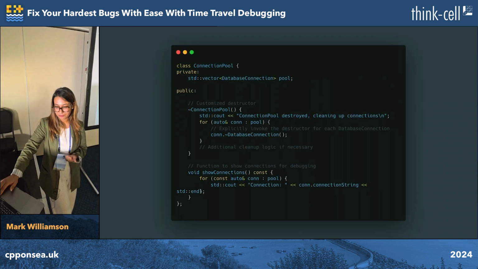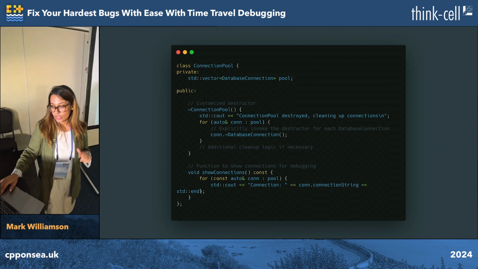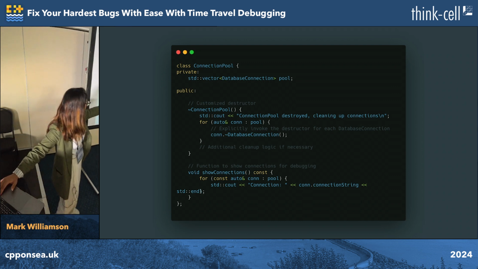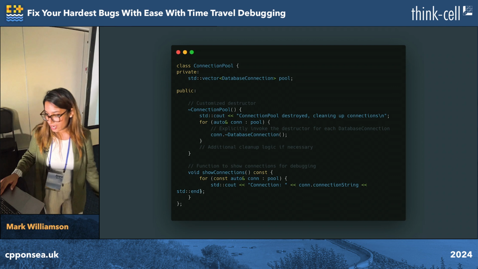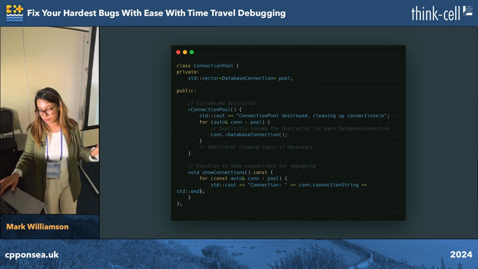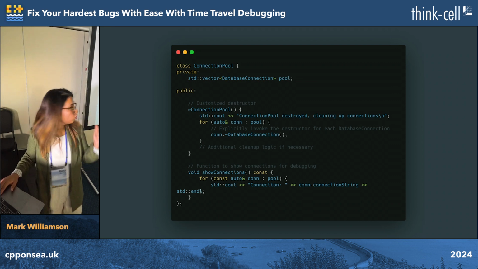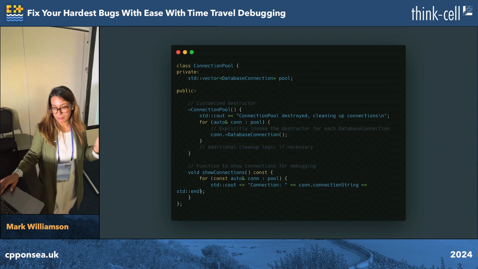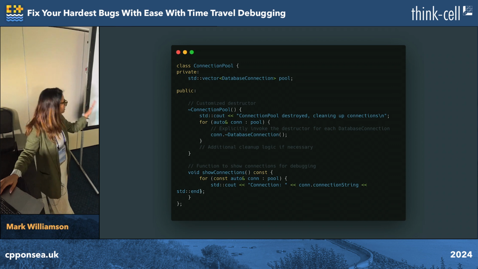Okay, so here you can see I've taken an example, again going back to the database connection and connection pool example that I had. You can see we are iterating over here. This is the customized destructor that I have created on my own. I'm iterating simply over all the database connections which I have created, and I'm explicitly calling the destructors for all of those connections which I opened. I am also logging a message over here, for myself, to make sure that whenever a connection pool is being destroyed, the connections are being cleaned up.